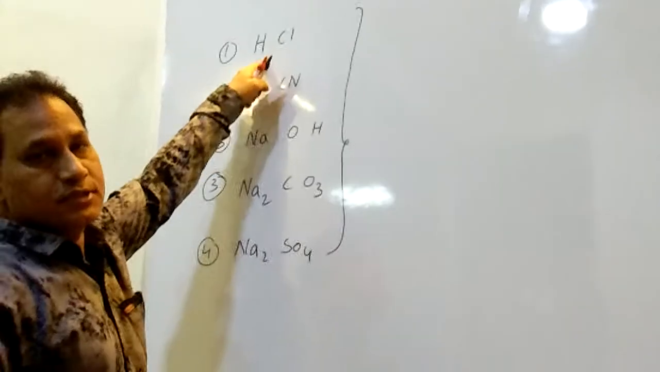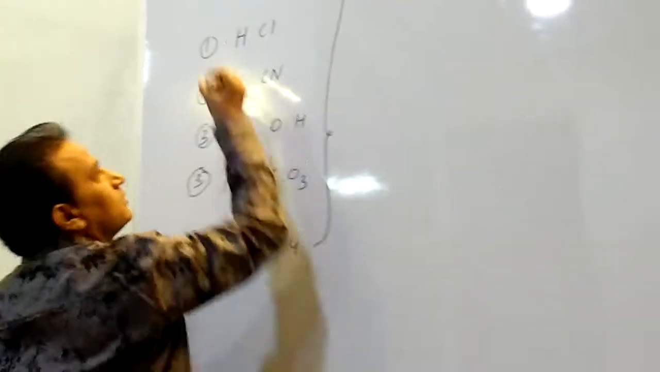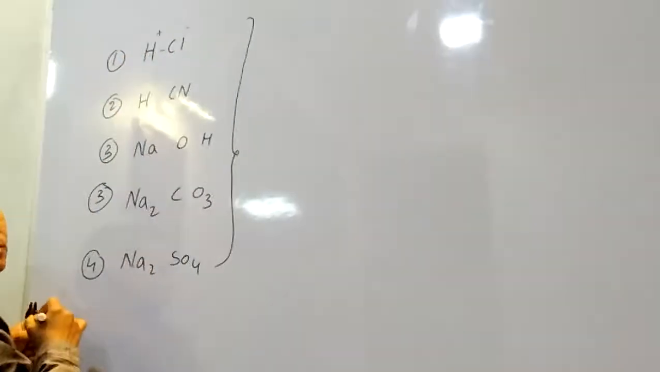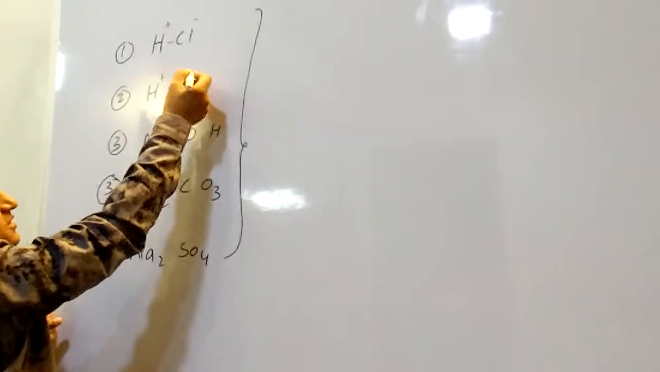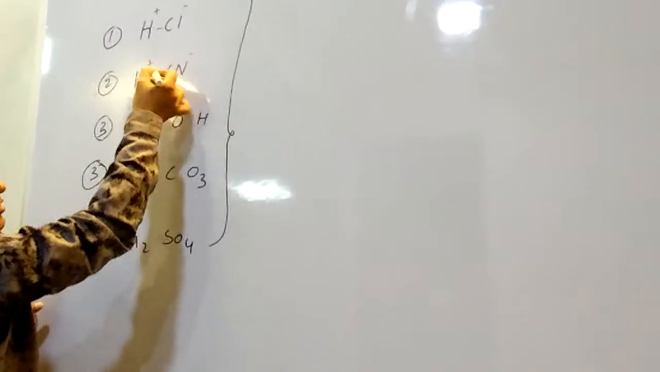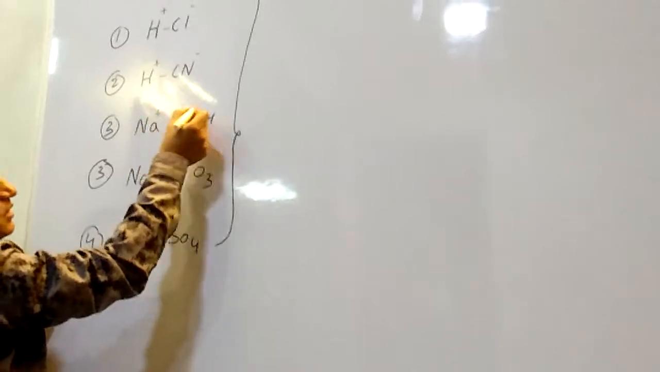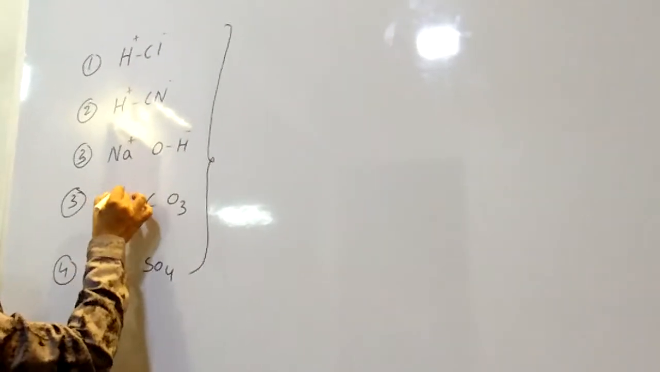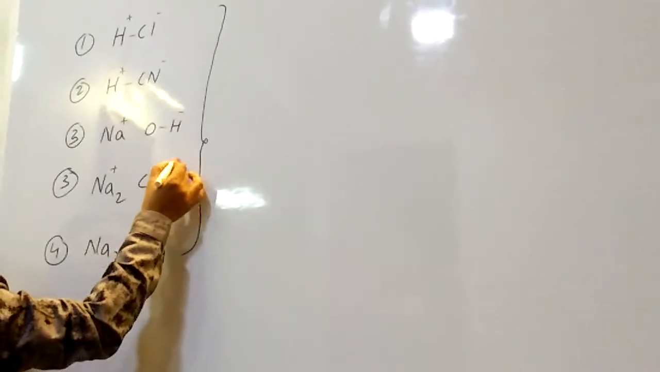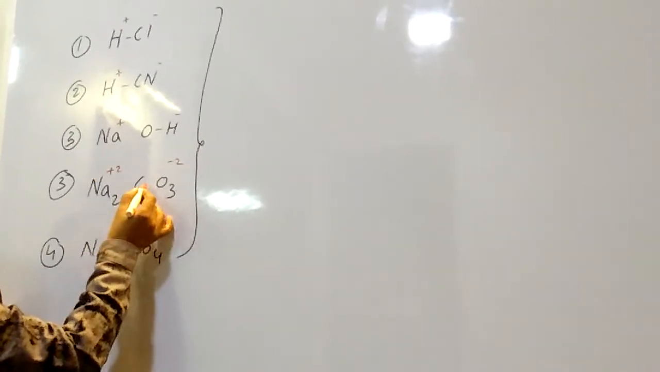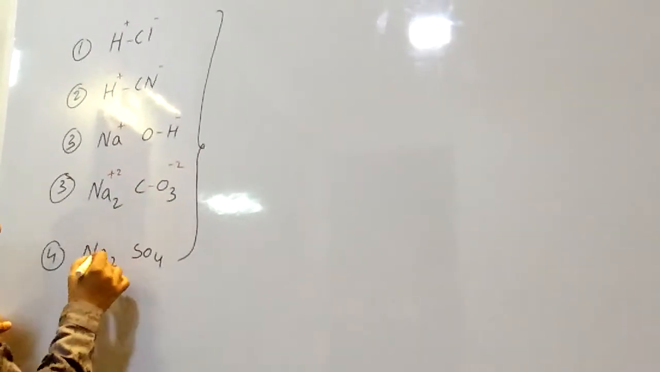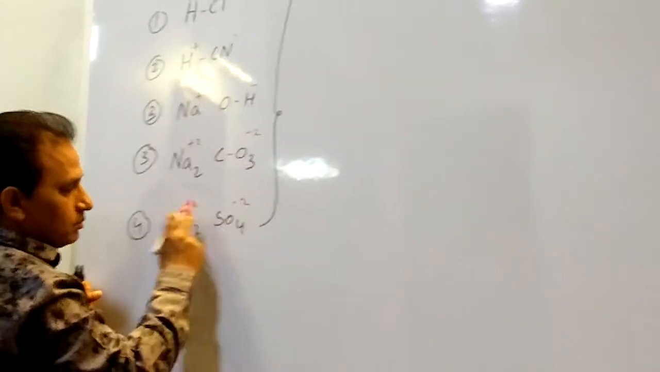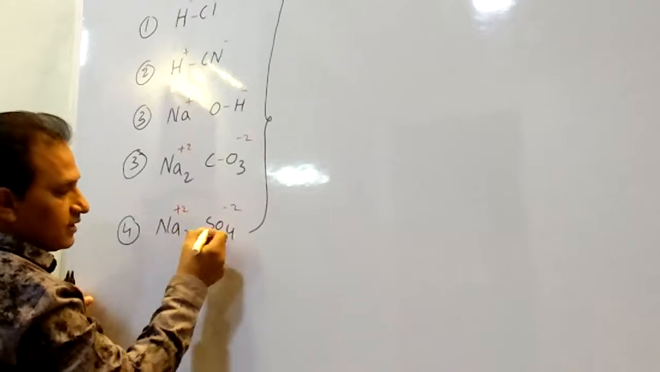Like Na2SO4, HCl: H plus and Cl minus, and a covalent bond is present. Here also H plus and CN minus, and a covalent bond is present. Na plus and OH minus, and oxygen-hydrogen contain a covalent bond. Na plus and CO3 minus 2, and carbon and oxygen contain a covalent bond. Na plus 2 and SO4 minus 2 is an ionic bond, plus 2 and minus 2, and sulfur and oxygen